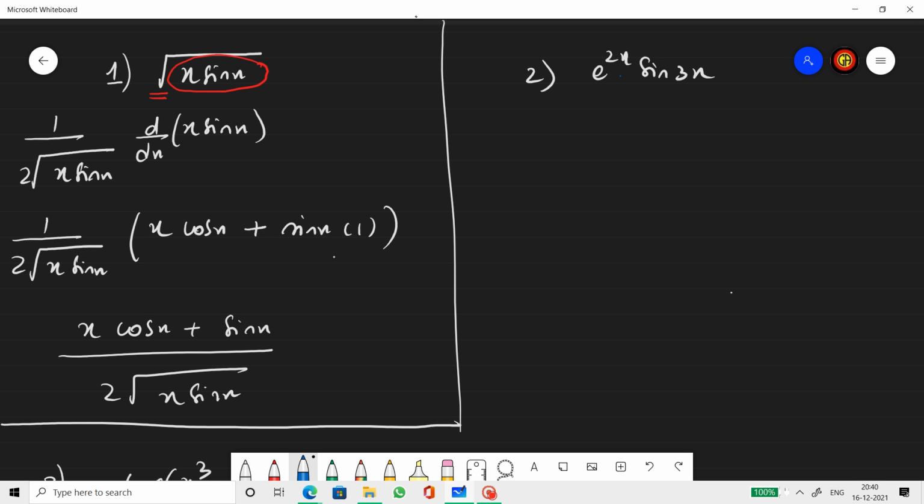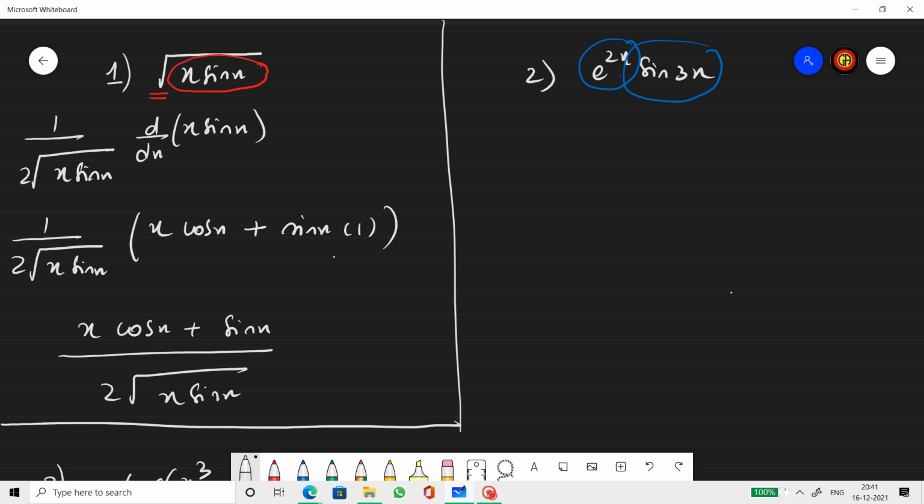Here it is product form, as you can see, e to the power of 2x into sine 3x. But then when I differentiate u, I have to use chain rule, because it is not e power x, but it is e power 2x. So in the place of x, we have 2x. Likewise, sine 3x, when I differentiate sine 3x, I have to use chain rule. So product rule first and inside that chain rule.